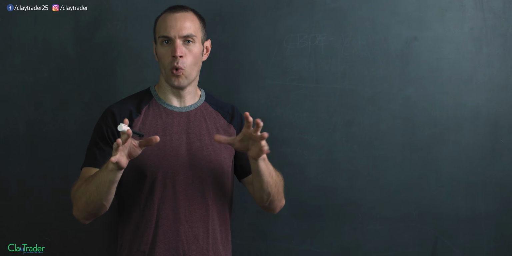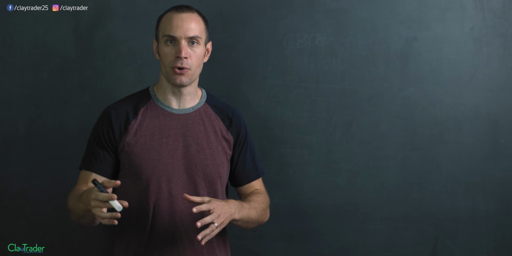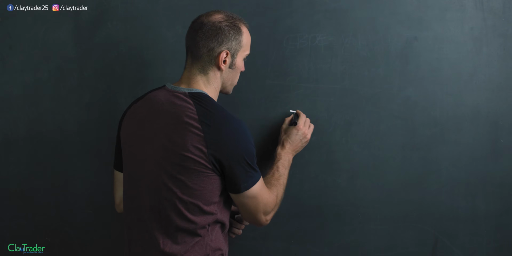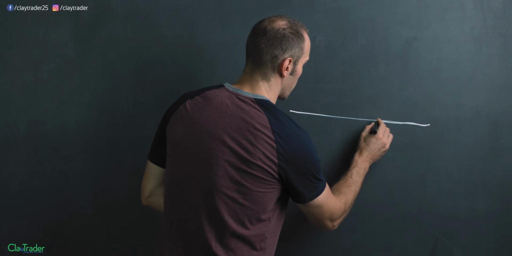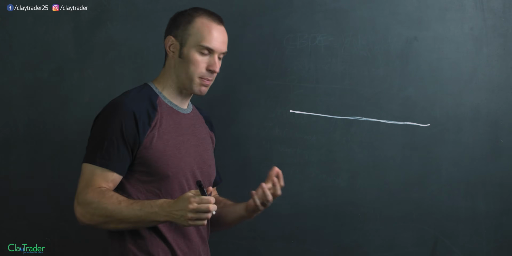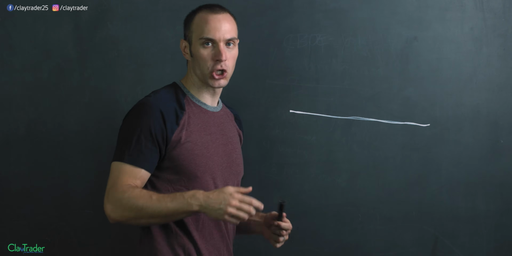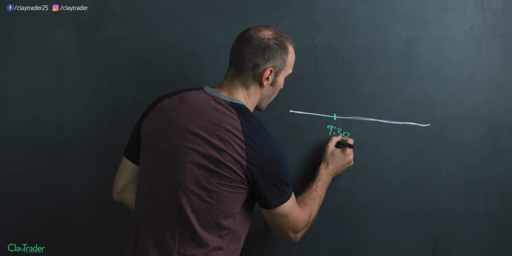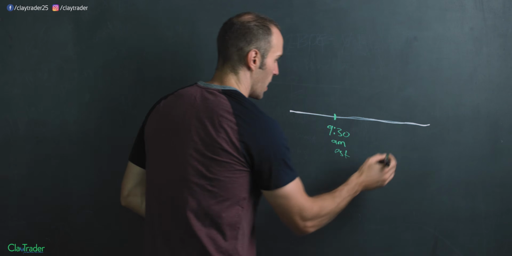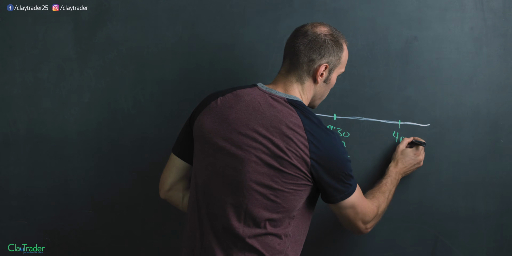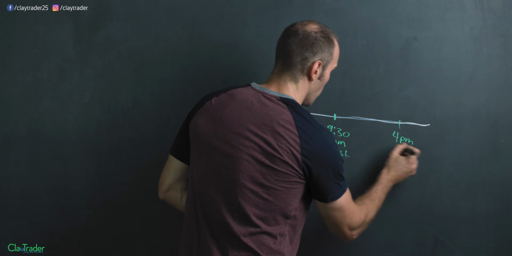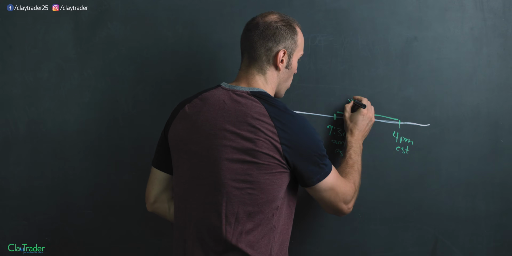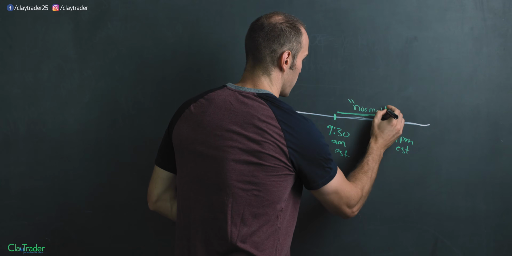Now, before I can get into what a gap actually is, a gap up, a gap down, let me just establish a little context of how the market works. The way the stock market works is this is just going to represent time. So you have this whole time period right here. And within this time period, you have what I'll call the traditional market hours. From the Eastern time perspective, that is 9:30 a.m. EST, and then 4 p.m. Eastern, EST. And like I said, this is when everybody usually trades. We'll call it the normal period of trading.